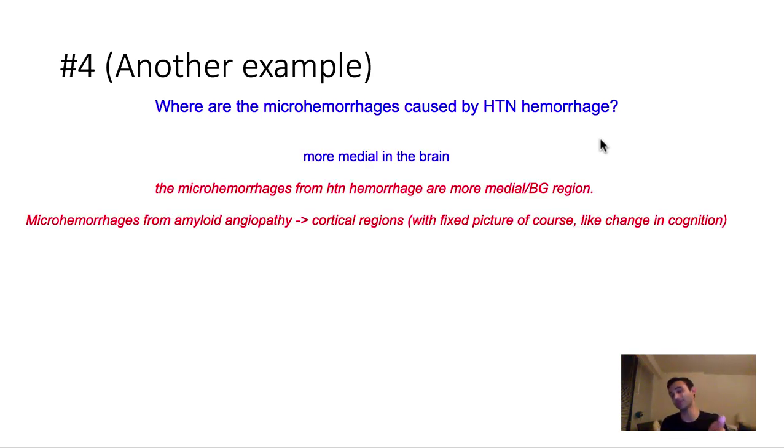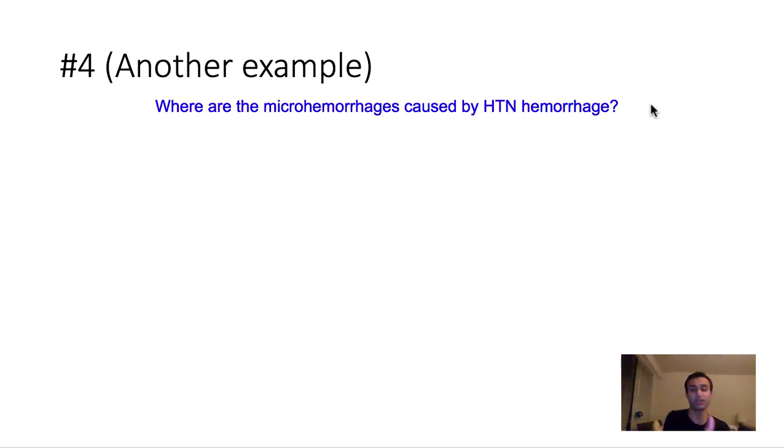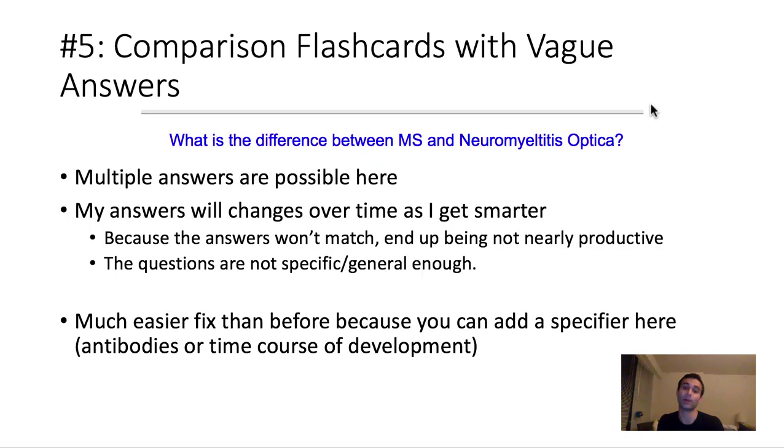And you'll see that the answer here is medial. But I should definitely include some sort of modifier. Maybe I should include, where are the microhemorrhages in the brain? And after that, include distal versus medial. Include some sort of option so I know what frame I should go in, because right now this is not specific enough. Okay? All right.